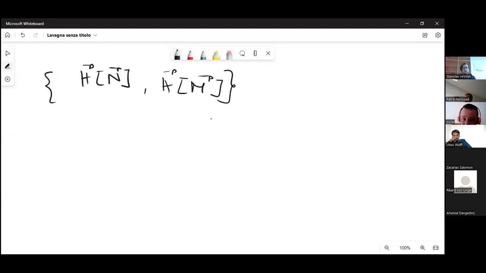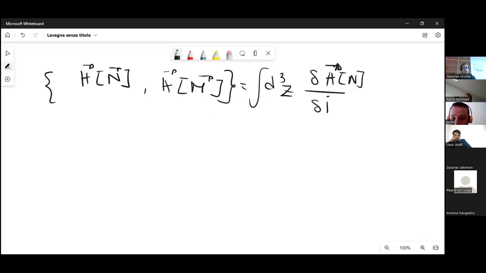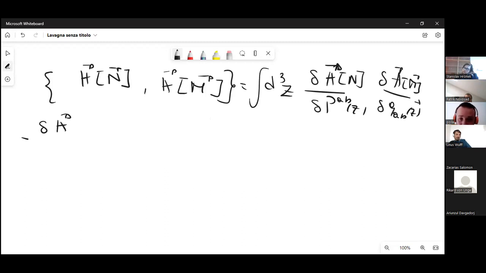That will be the difference between these two approaches. Okay, and so this is the integral over z of delta H over delta P, A, B, z, delta H over delta Q, A, B, z, and minus